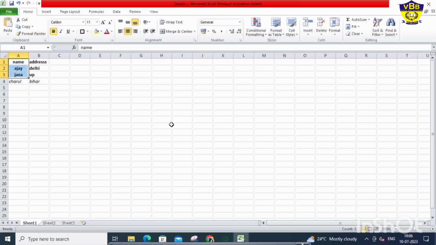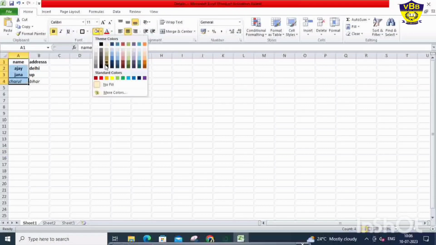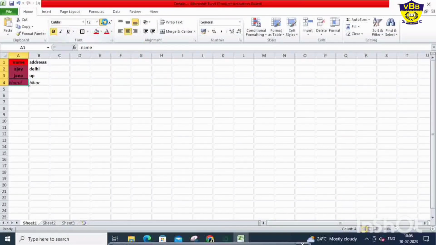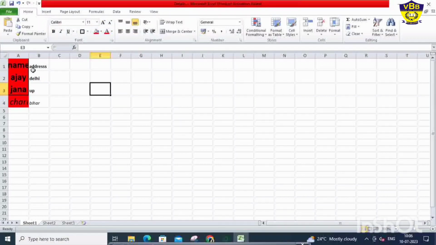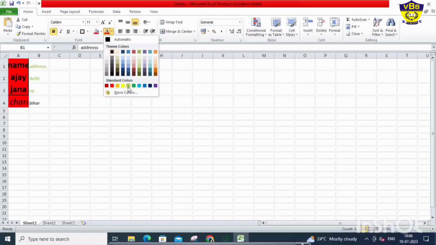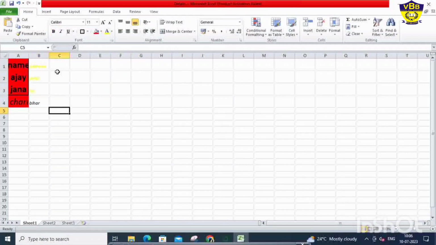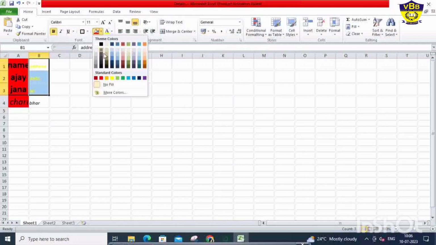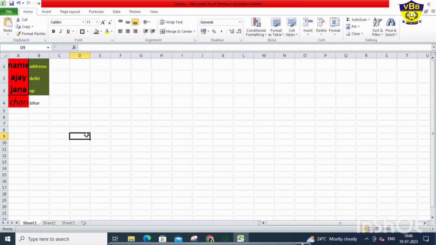There are more things which you can do here. You can apply the background color to this data. So I am selecting this data and clicking on the background color. You can choose any background color, it's up to you. I am selecting this. I am increasing the font of this as well, and then after that I am selecting a different font color. You can see here I am choosing the mustard yellow color, right? So basically here I am choosing the background color for that, so you can choose any color, right?